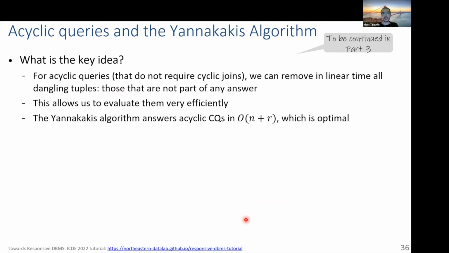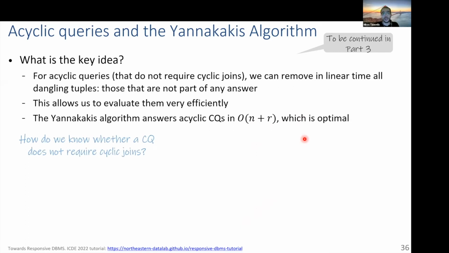Basically the queries that are acyclic are those that can be handled without having to do any cyclic joins. And these are the queries that form the basis of all efficient evaluation. And they have the property that we can remove in linear time all the input tuples that don't participate in any output tuple. And that's very powerful. The Yannakakis algorithm exploits this property and answers acyclic queries in essentially optimal time, which is n plus r. So basically the size of the input plus the size of the output, and you can't do better than